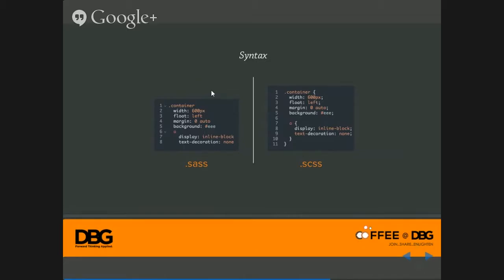It had those curly braces and semicolons, and it's now easier to have a quick look and know what's happening. Today I'll be focusing on the .scss syntax.